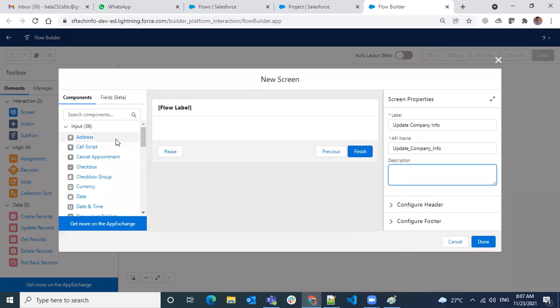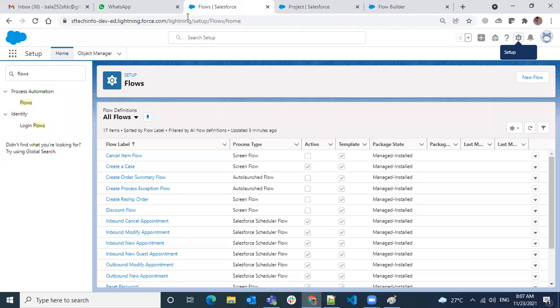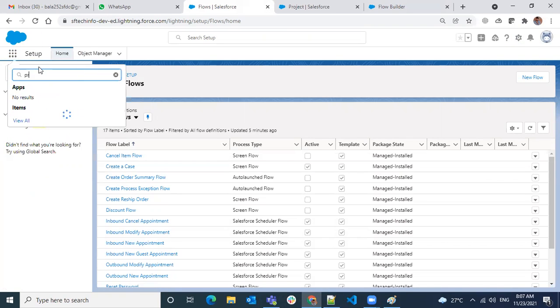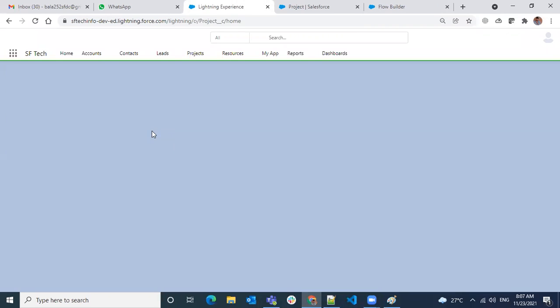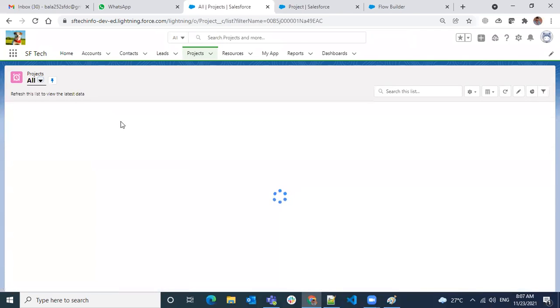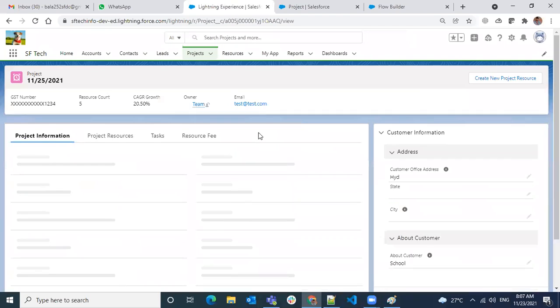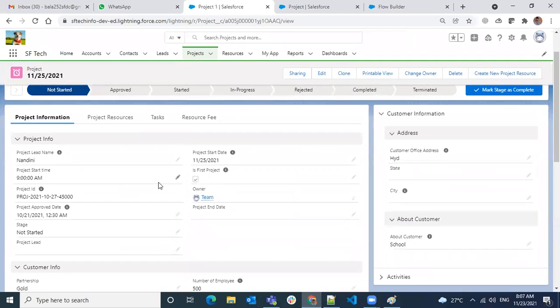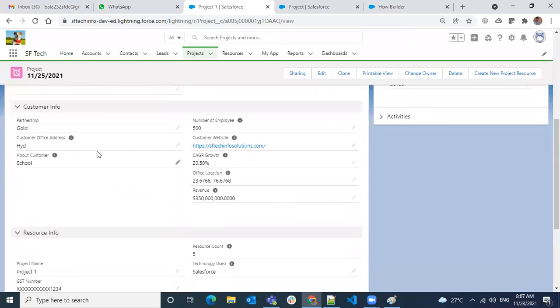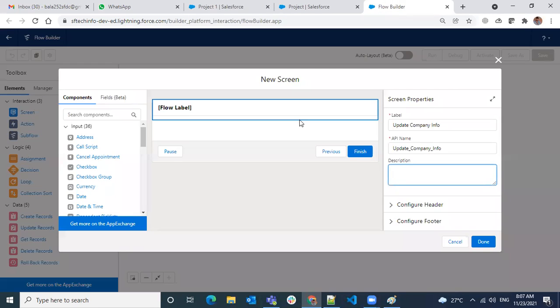Description: here I want to update the customer info. What I have, partnership I have.